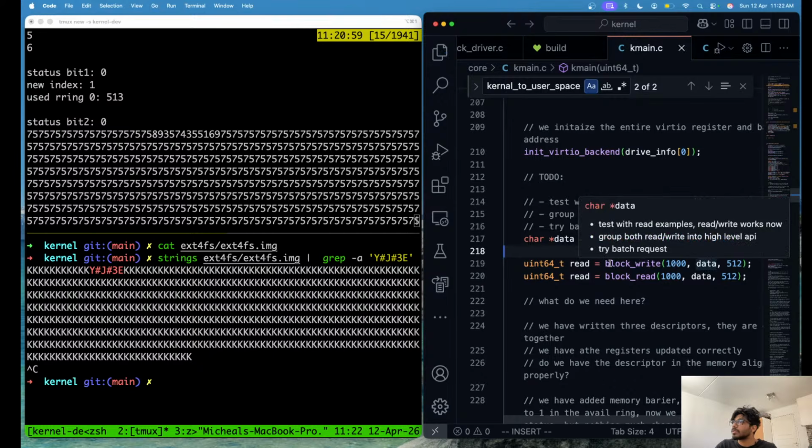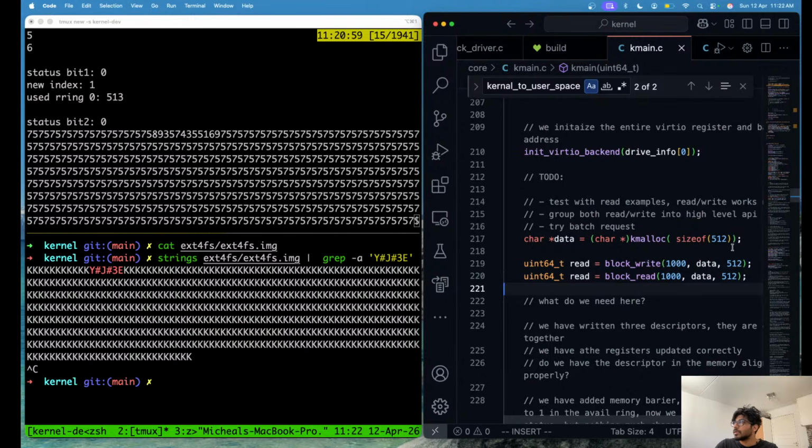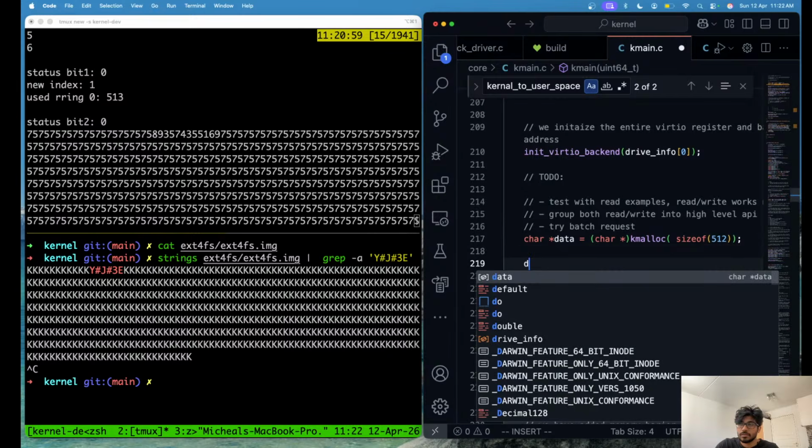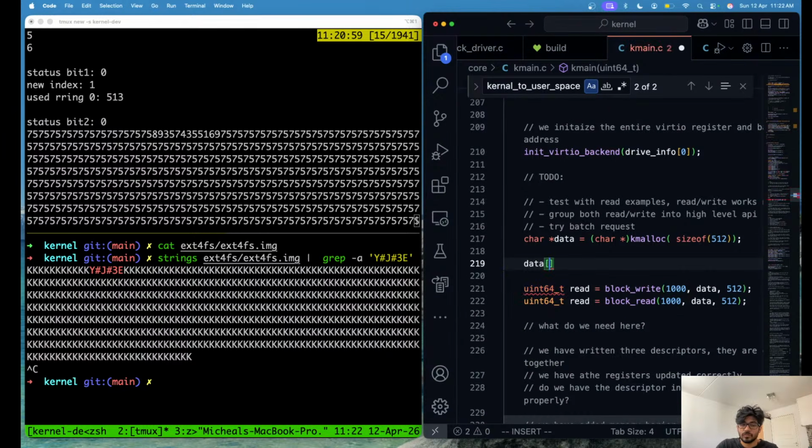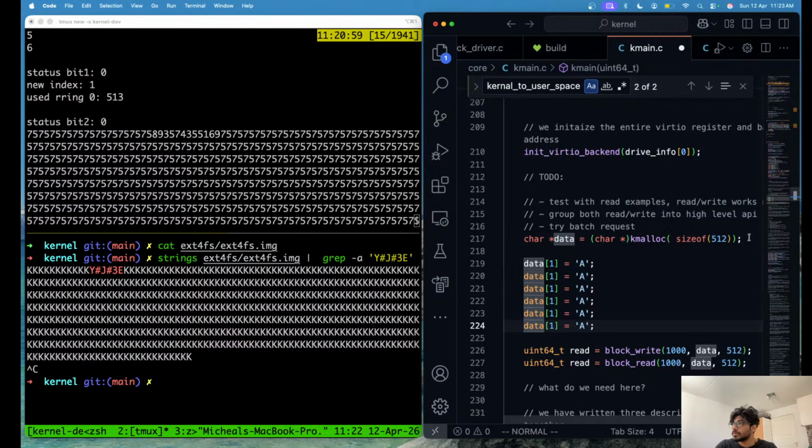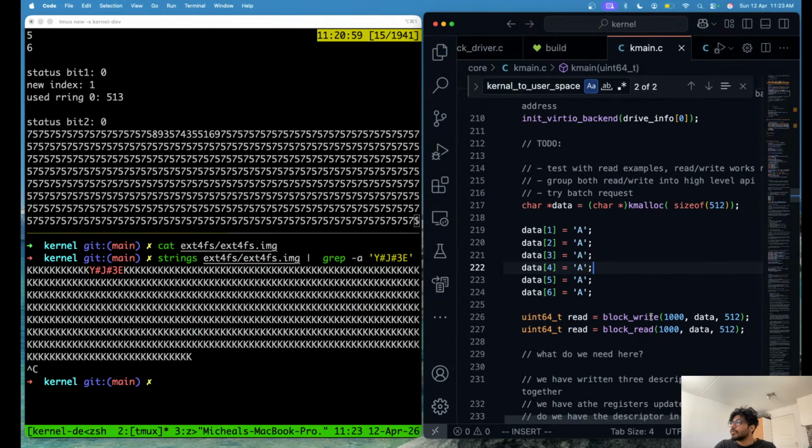We write to the block, and data is data of 1 equals a, 2, 3, 5, 6. We write it and then we read into this buffer,